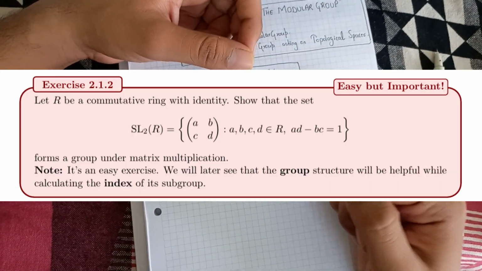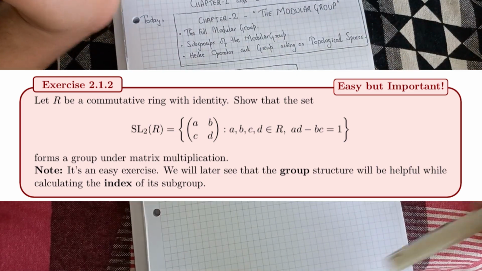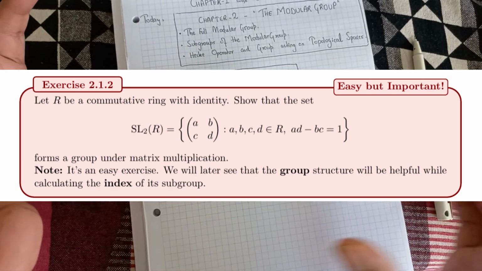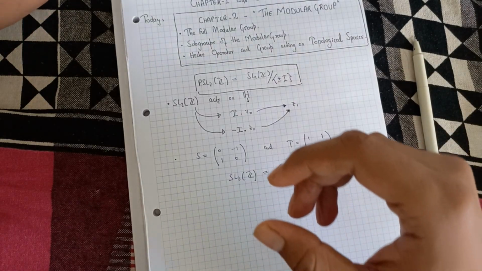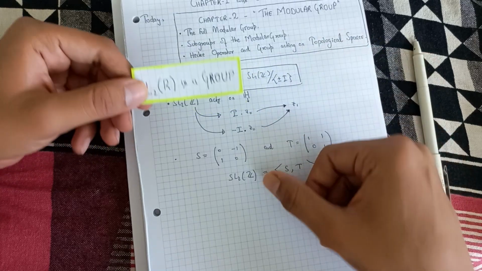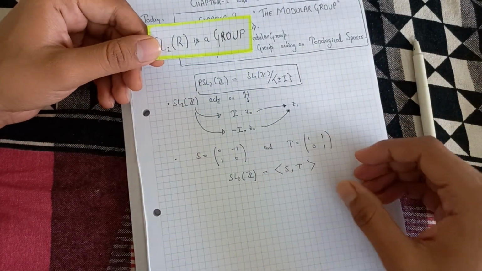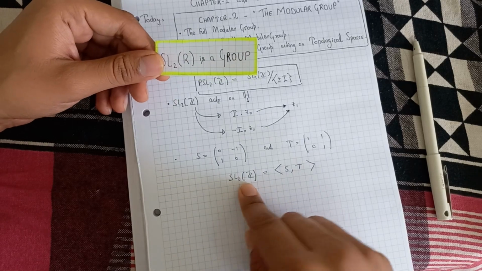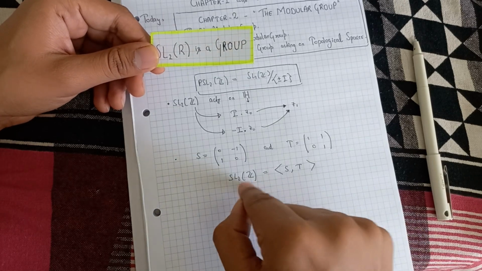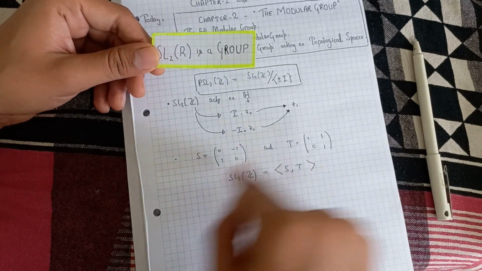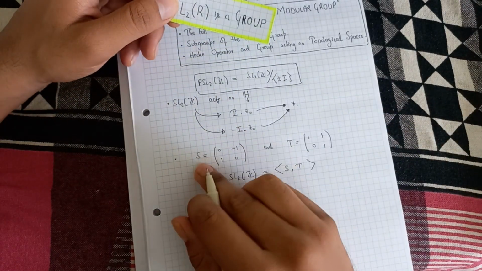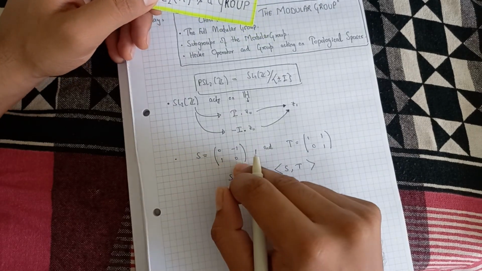It's actually trivial. So the next statement is over here. It's so easy, but when R is a commutative ring with identity, then SL2(R) is a group. So here R is Z, which is a commutative ring, and so SL2(Z) is a group under matrix multiplication, and this group is generated by S and T, which I just defined here, and with some calculation you should find that the order of S is actually 4,